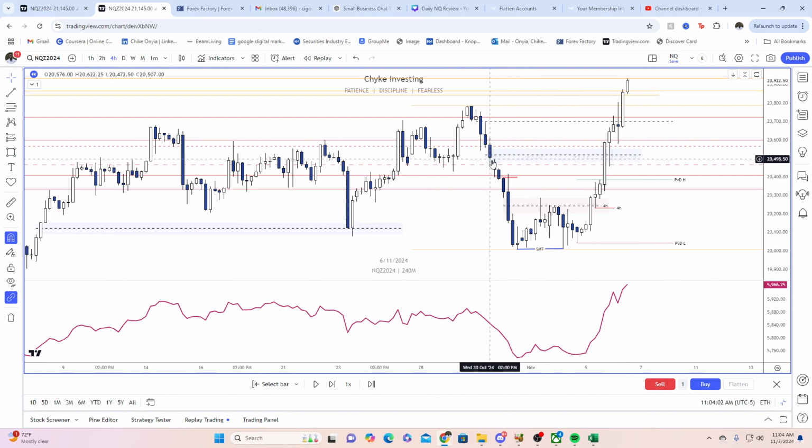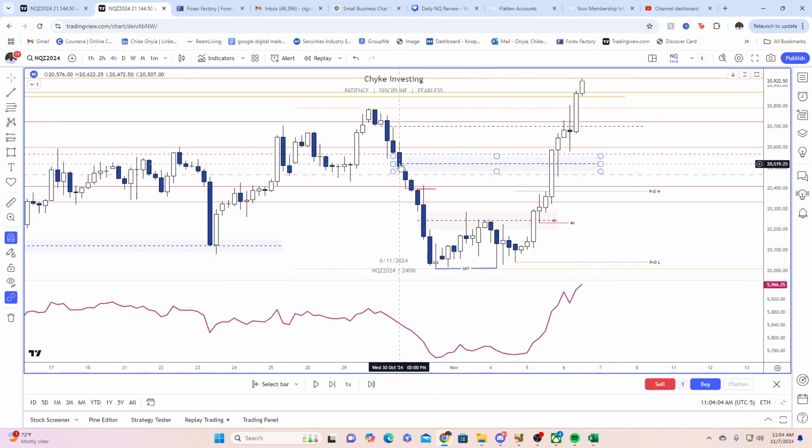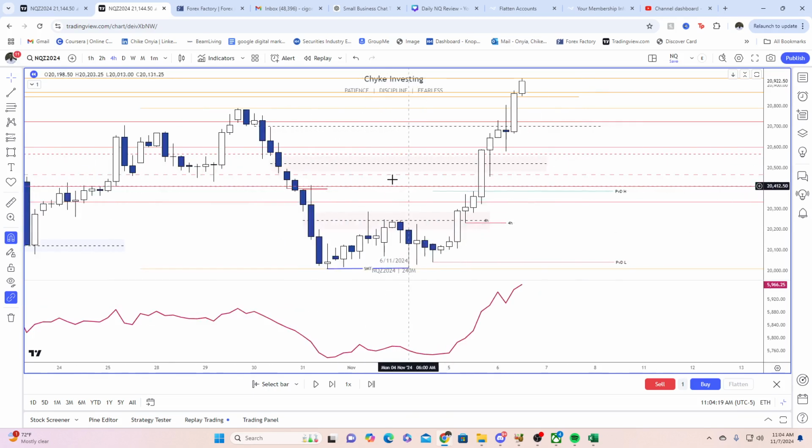And notice that I'm putting this fair value gap from this high down to the low of the volume imbalance. You don't just put it to this high, because in this fair value gap, there's a volume imbalance in place. And so the whole gap right here is inclusive of this fair value gap and the volume imbalance, right? You can see on lower time frames that we're respecting the consequent encroachment of this particular fair value gap. So that'll show you that this is actually the true fair value gap.